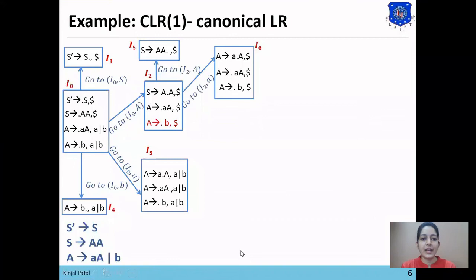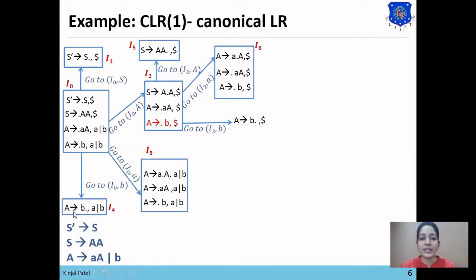Now we'll apply the go to rule on the fourth statement, on the symbol next to dot, which is B. So we'll apply go to I2 comma B. So our production will be A derives B dot comma dollar. Here dot is at the end of the right hand side, so this is our final set. Now we'll compare this value with the previously generated sets.